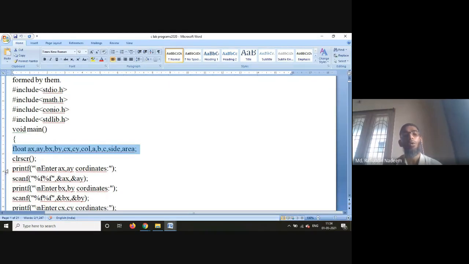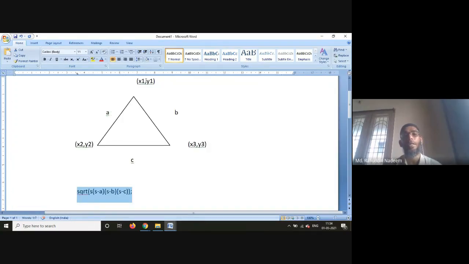Then we have the first coordinates which are read here: ax, ay. Then I am reading bx, by, then I am reading the coordinates cx, cy.